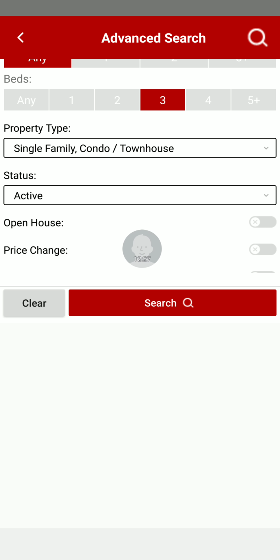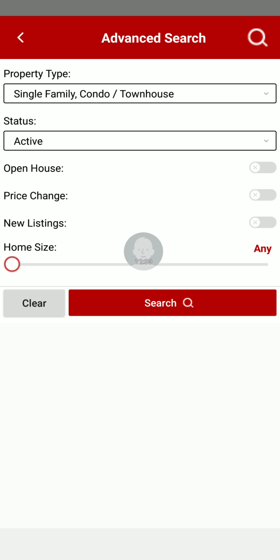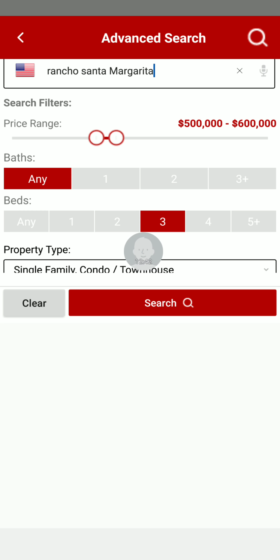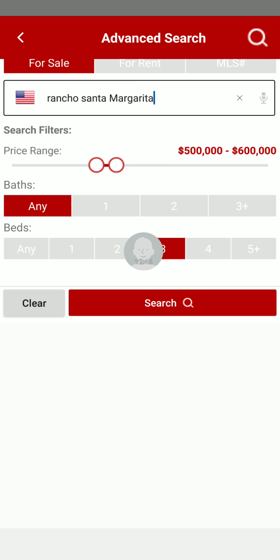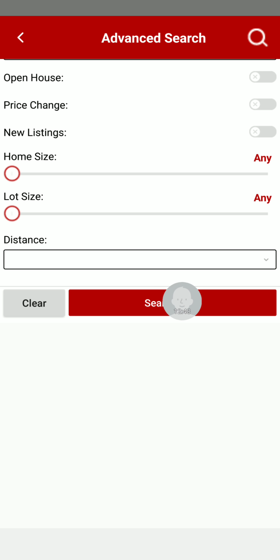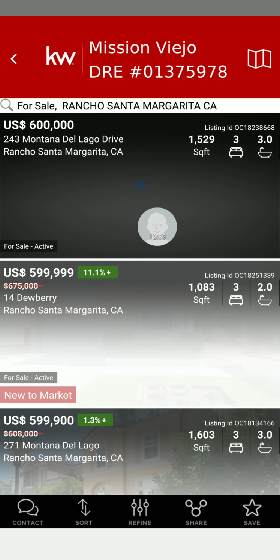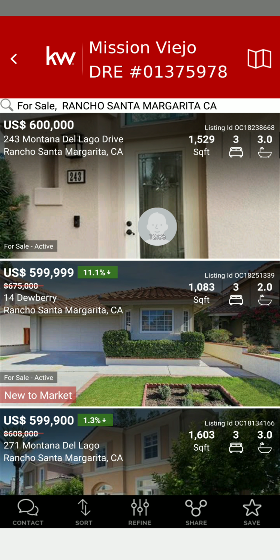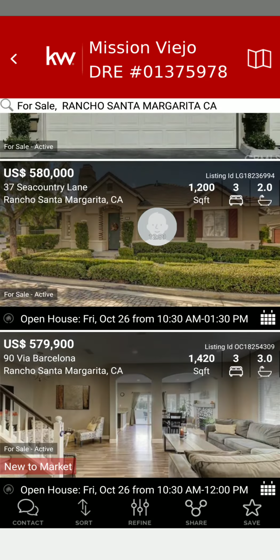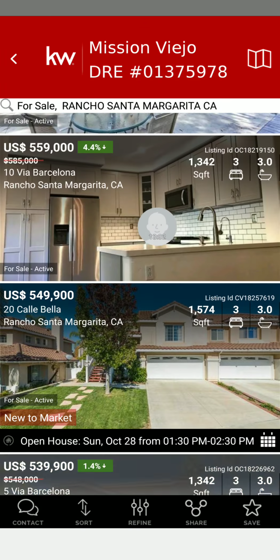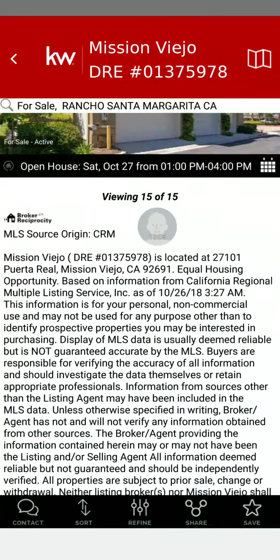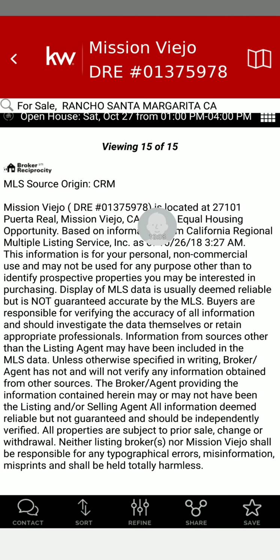So now I've come down here, and say I'm interested in looking at the inside of the homes. Now if I hit search, it'll give me everything, all the condos, everything for 3 bedrooms in this price range in Rancho Santa Margarita. So I'm going to hit search, and it comes back, and as you can see, there's quite a few properties around here. I can look through these, and it says viewing 15 of 15. So there's 15 properties